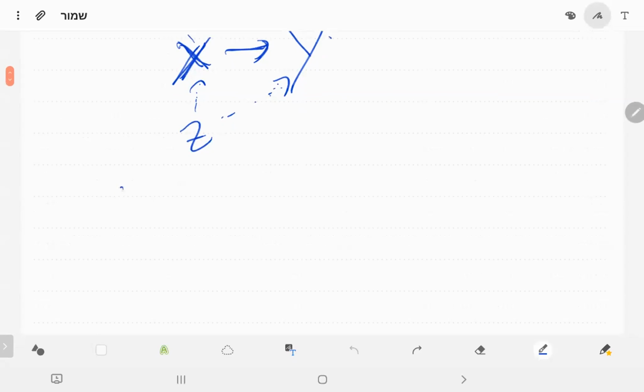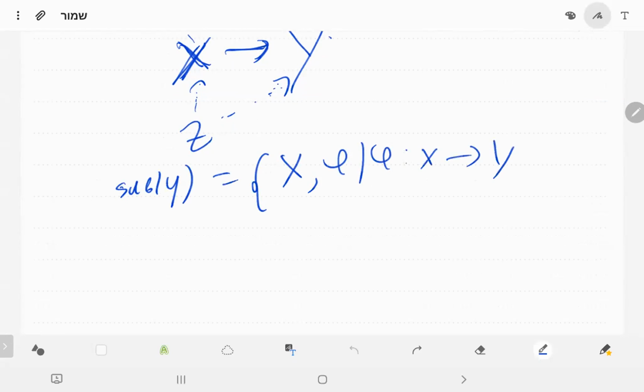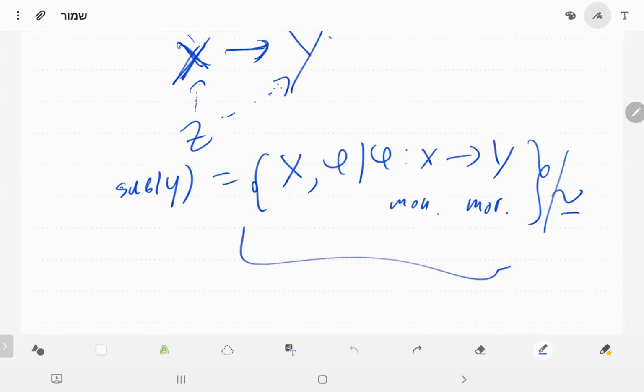Here we can do a straightforward trick. We can define sub-objects of Y as the collection of all pairs X and phi, where phi from X to Y is a monomorphism, modulo the equivalence relation, which is given just by isomorphism in the over category. So this is a subset of objects in the over category, modulo equivalence relation. So usually it's not that good an idea to